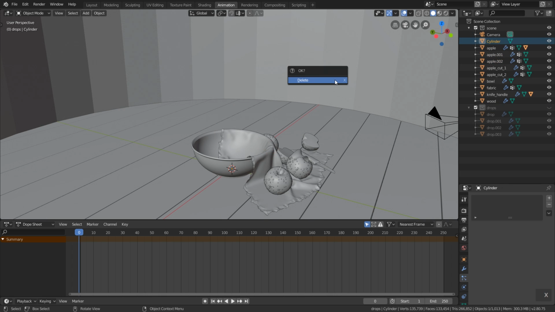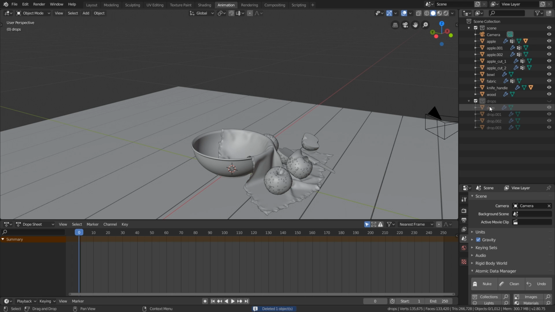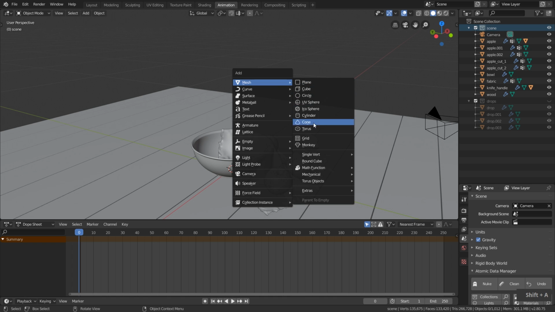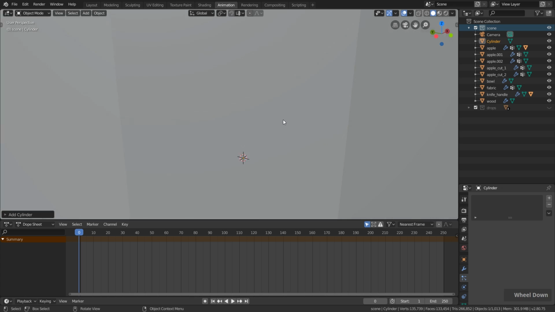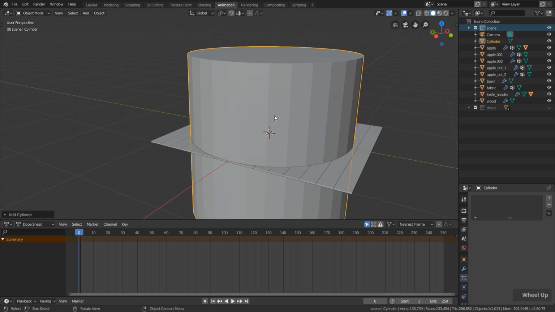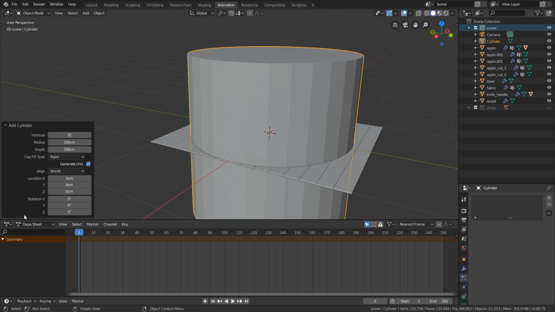Let's delete this cylinder once again. And in order to not add this to this collection, we simply select this collection up here. Hit Shift A, go to Mesh and add a cylinder. Now you can see this was added over here, and since this is not connected to any particle system, we now have this cylinder. Now let's open up the operator panel down here,